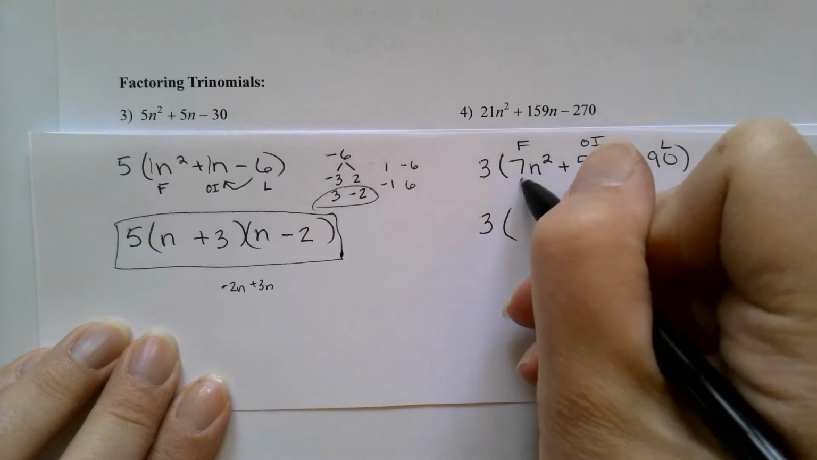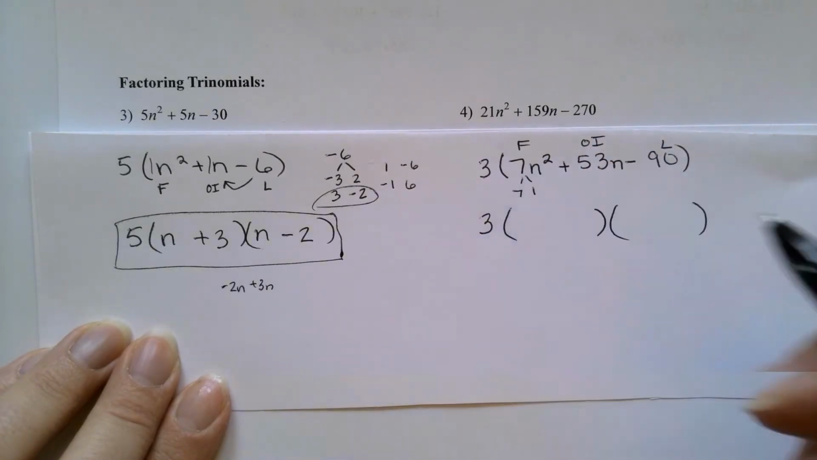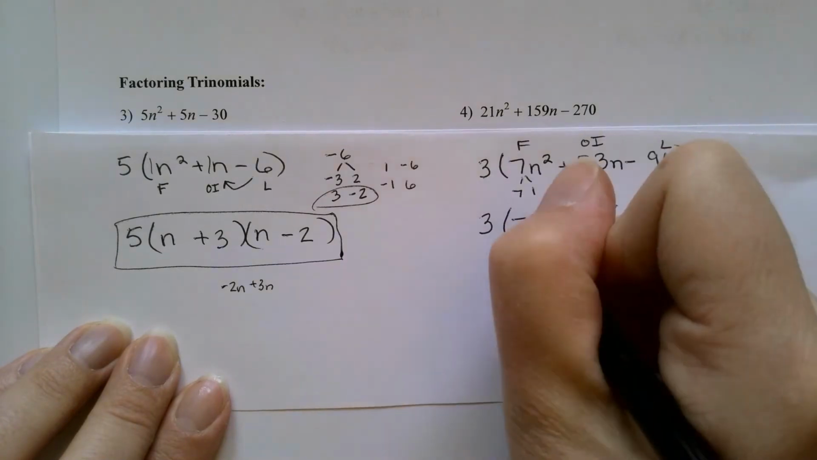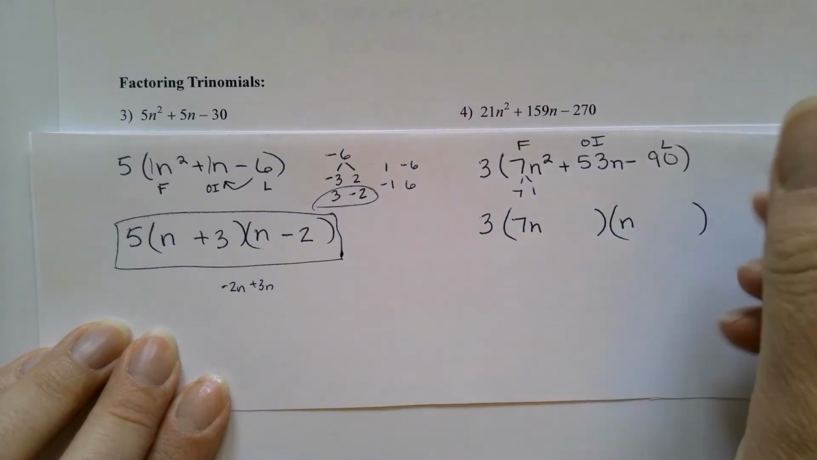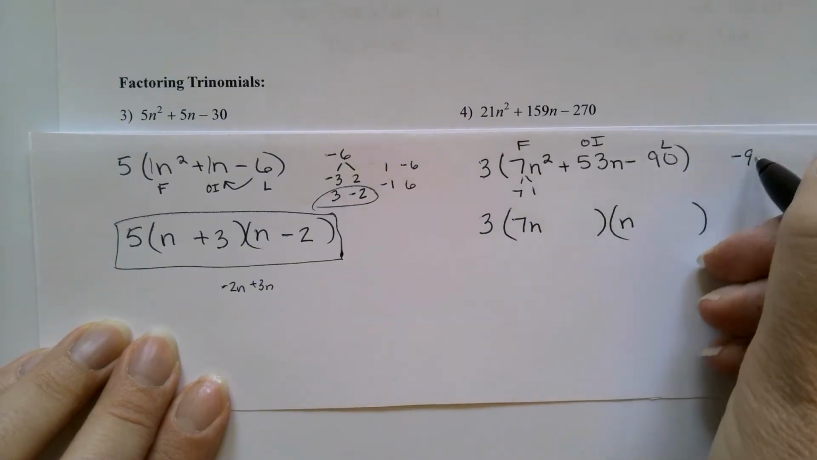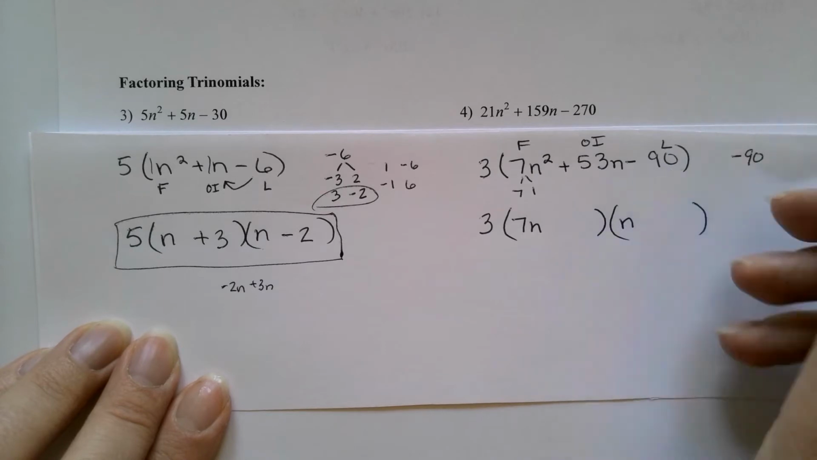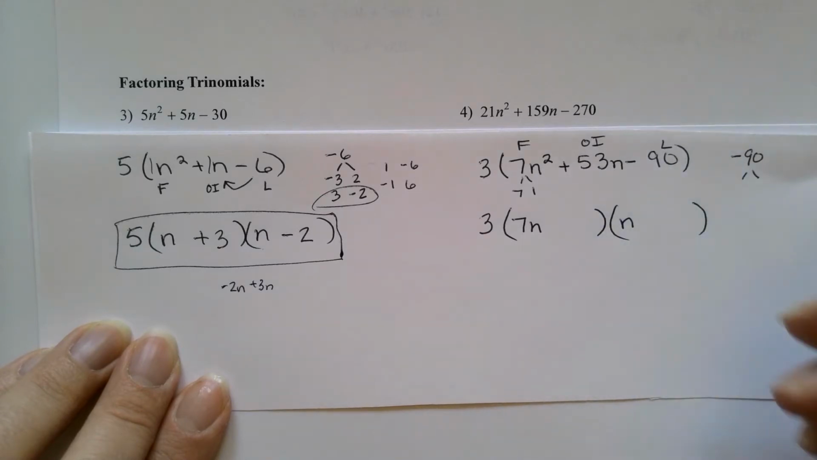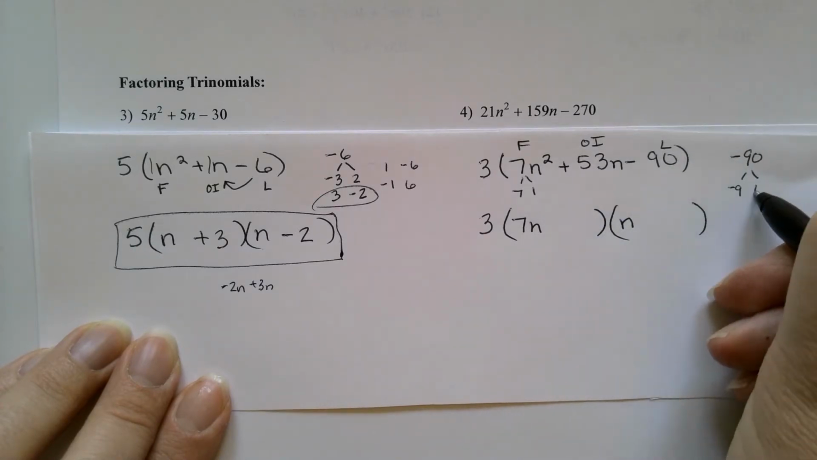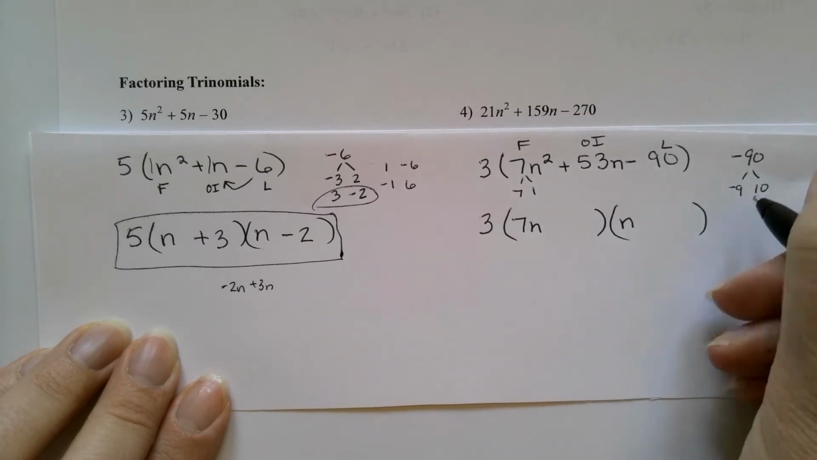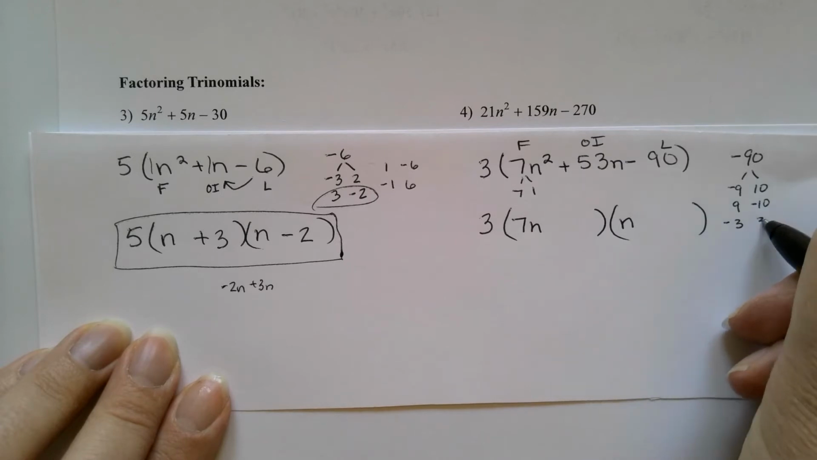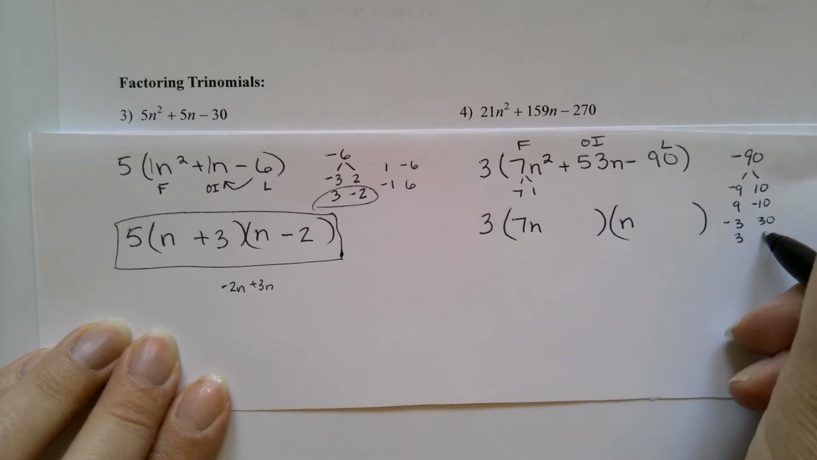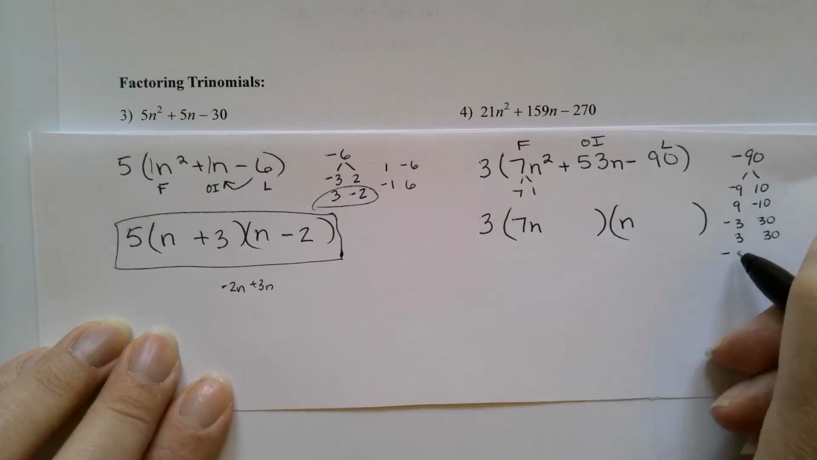So my first term, the only options are 7 and 1. There are no other options, just 7 or 1. So I'm confident to put those here in pen. But when I look at the number negative 90, my last term, there are a lot of things that I could use. I could use negative 9 and 10 or positive 9 and negative 10. And I don't normally list all the signs. I could use negative 3 and 30. I could use positive 3 and 30. I could use 15